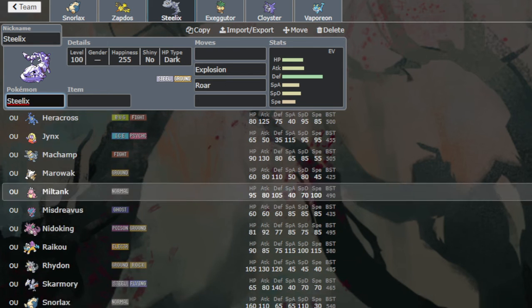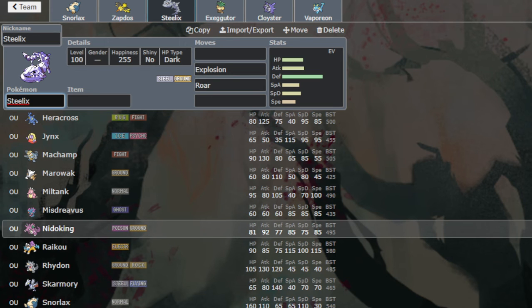Miltank is stall, Mismagius is stall. Nidoking is a sleeper or a Thief mon or both, and it has pretty great coverage. It's a mixed attacker. Mixed attackers use both their Attack and their Special Attack. Nidoking is pretty dang fast for this tier too. Cloyster is already considered fast at base 70. So it most commonly uses EQ, Thunderbolt, Ice Beam,